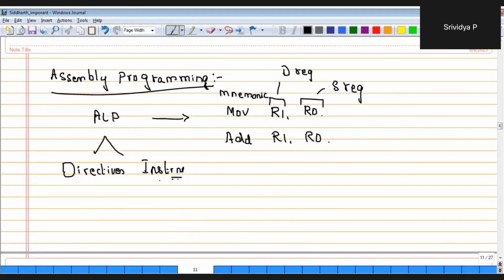An instruction consists of a mnemonic, optionally followed by one or two operands. So it is like this: mnemonic followed by operands. Instructions are given to the CPU to execute. Directives are given to the assemblers. So directives